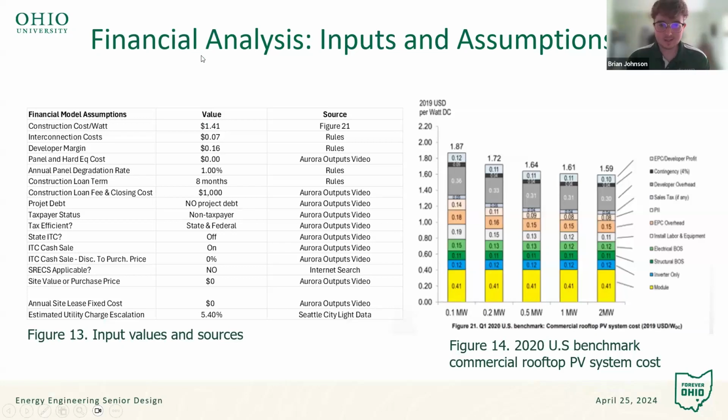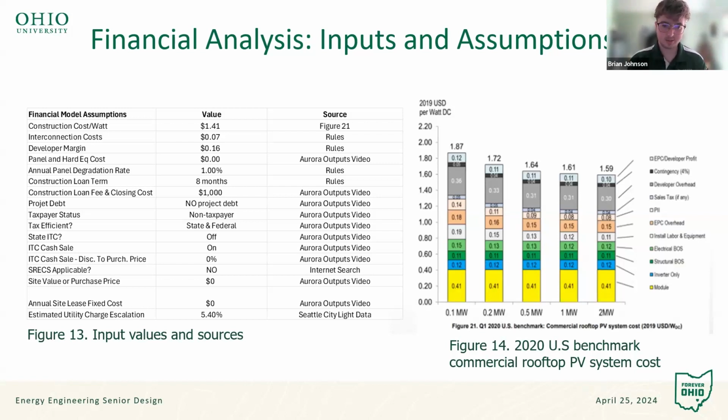So next, I will talk about some of the inputs we used for our financial model. This table in figure 13 shows a decent number of those inputs, as well as the source that we got them from. First of all, we had the overall construction cost for the system, which according to one of the resources provided on the Canvas module, our system fell between the 0.5 megawatt and 1 megawatt system size. So to have a conservative estimate on that, we went with the 0.5 megawatt pricing and broke that down into